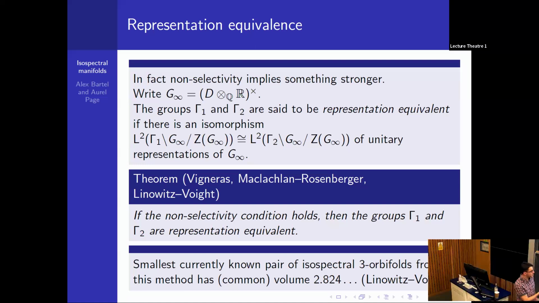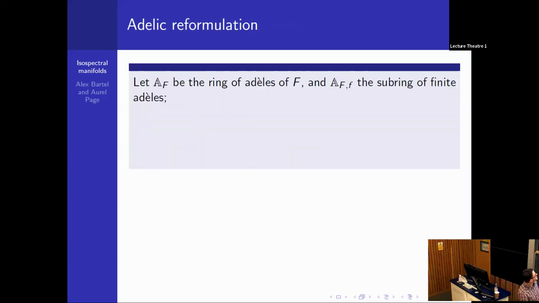And so this criterion, for example, was used by Voight and Linowitz in a very exhaustive search of pairs of arithmetic groups, checking which ones are representation equivalent and which ones aren't. And the smallest volume of isospectral manifolds, orbifolds, they found had this volume. You don't need to remember this number because I've got it hidden on a blackboard that I'm going to reveal. Okay, so to get what Aurel and I do off the ground, I'm going to massage this construction